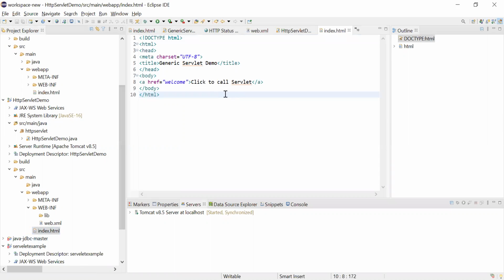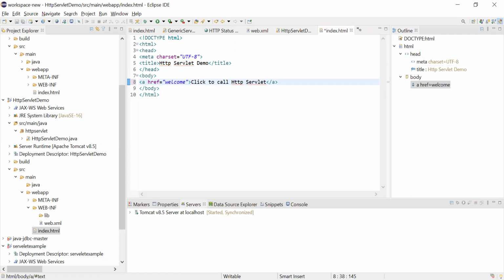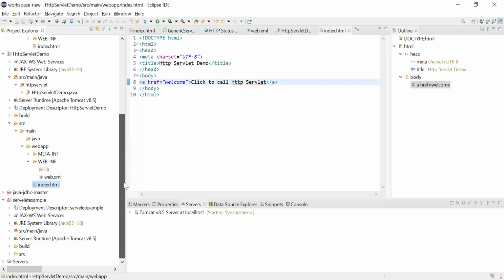So here I'll change it: instead of generic servlet demo, I'll make it HTTP servlet demo. Got it now? Click to call HTTP servlet. Now it is done. So what I want to do is, once I click on that,